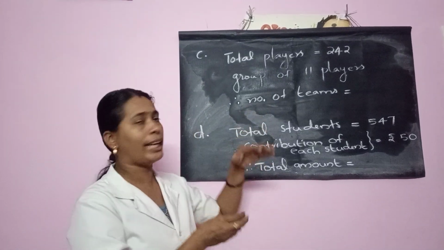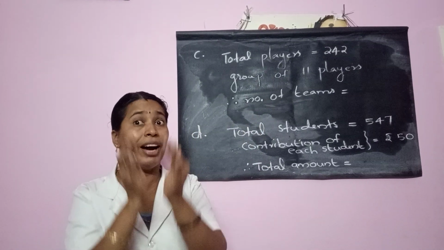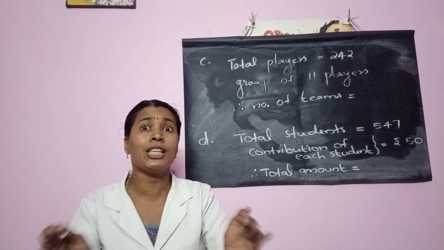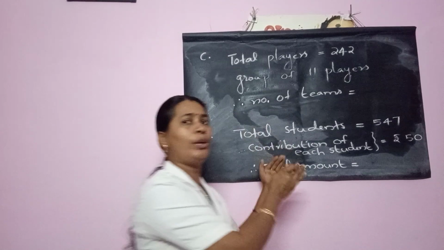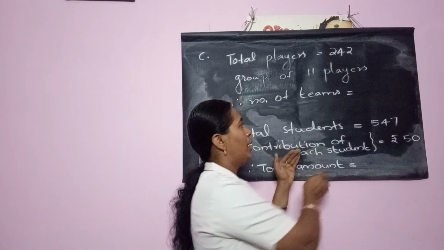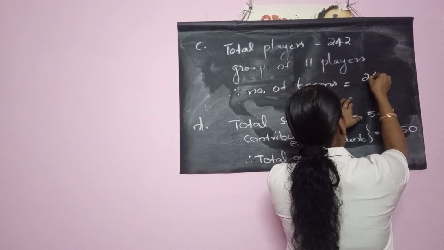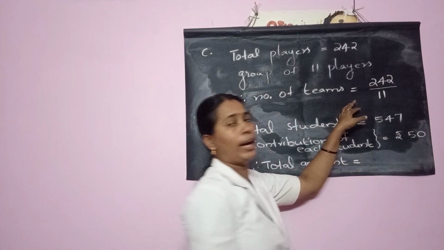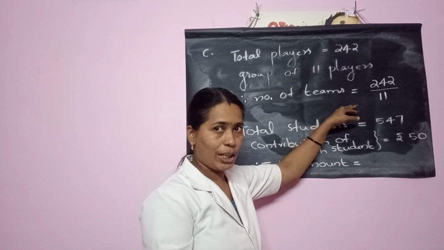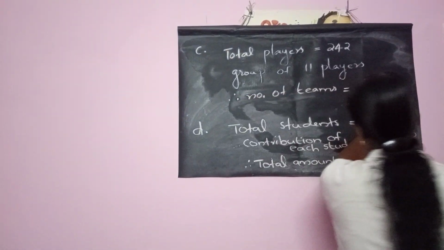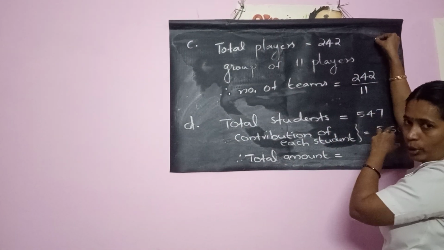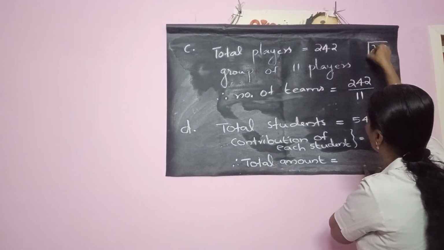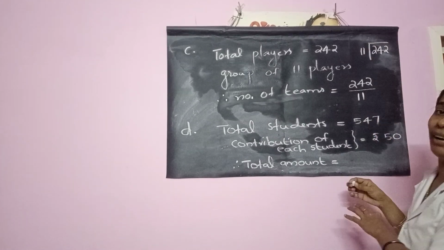So in case of reduction, we are dividing them. Yes, there is a word. We are dividing them into small groups. So what do we do to find out the number of teams? Surely it is division. We are dividing 242 by 11. Already it's understood to you. Anyway, it is a 2-digit number, so teacher will do it on your right side. 242 is the given number. We are going to divide it by 11.